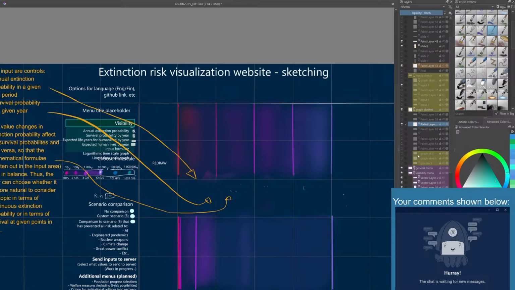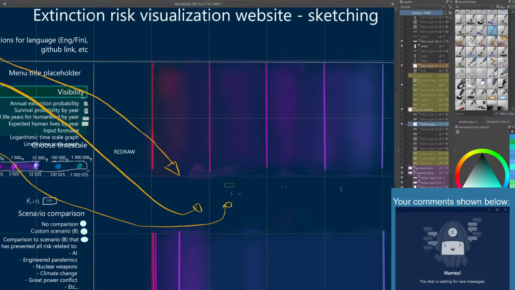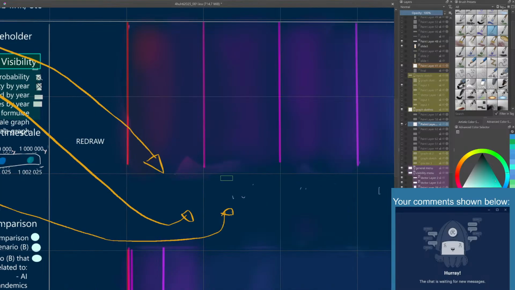So I can start by having some of it. It's going to start very much here on the top, and we have here something like this,